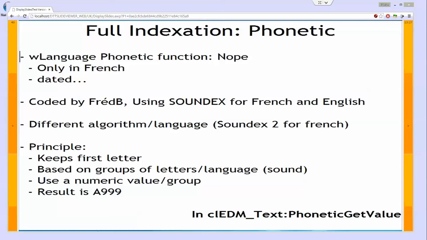By example, another algorithm called soundex2 was invented specifically for French, because it seems that on a phonetic level, French is more complex than English. Now, don't ask me how or why, it's just, it seems that we have more different combination of sound possible, something like that. But we did not implement soundex2 in this version